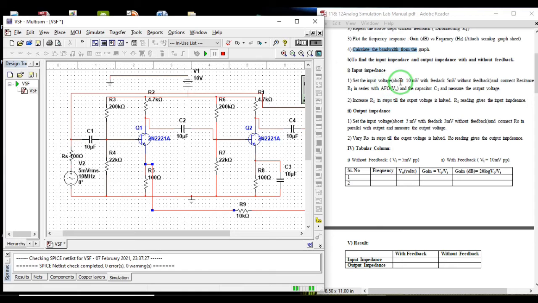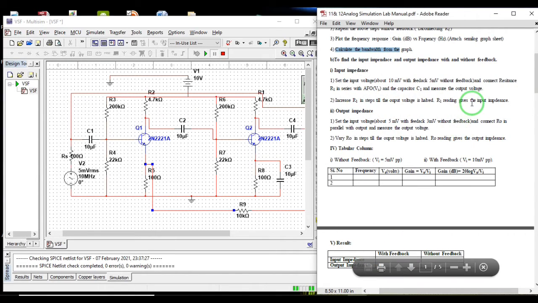First you have to set the input to 10 millivolt, okay, and connect a resistance R1 in series with the input, that is the AFO, audio frequency oscillator. In practical you actually use an oscilloscope, and that is the audio frequency generator. So it is a frequency generator.